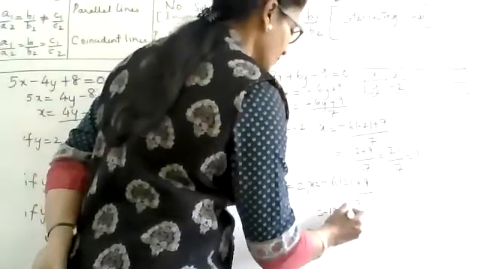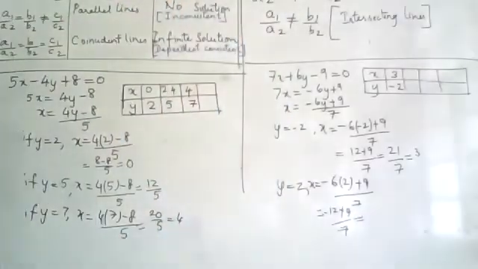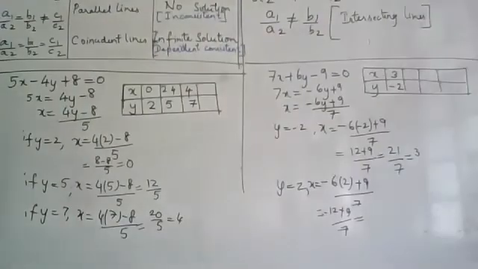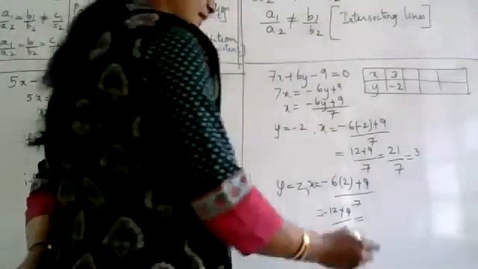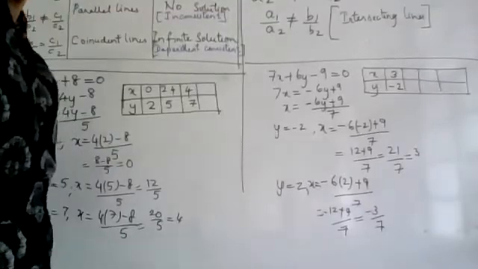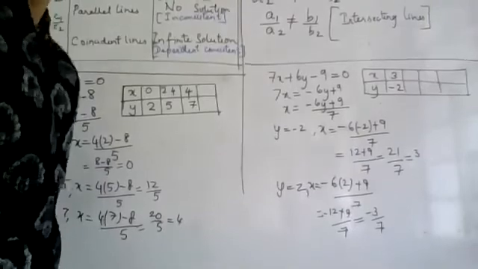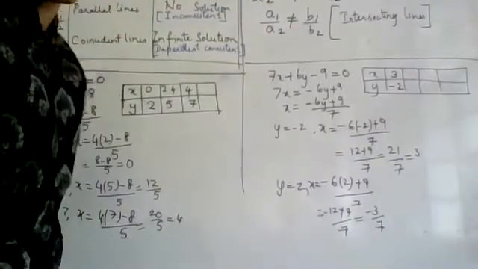So it will be (negative 12 plus 9) whole divided by 7. So negative 12 plus 9 will be negative 3. That's why I said it's not negative 3 by 7. Try to check this and get 2 more values to find out where is the point of intersection. So I hope you should be able to complete this.